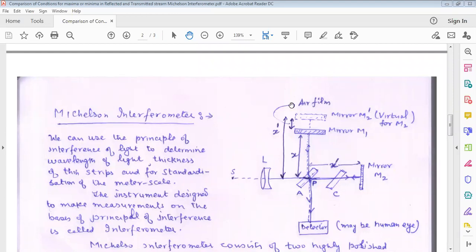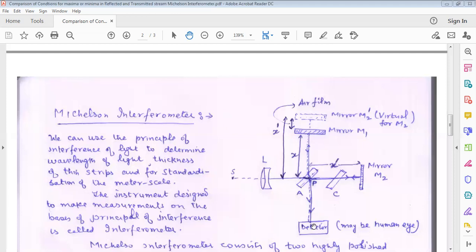It is Michelson Interferometer once again. We were discussing that when mirror M1 and M2 are perfectly perpendicular, an air film gets trapped, appears to be trapped between the position of mirror M1 and that of virtual mirror M2 dash. This mirror is the virtual image. It is not the real mirror, because